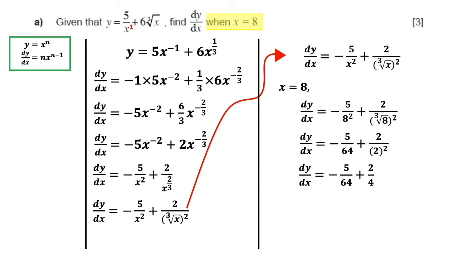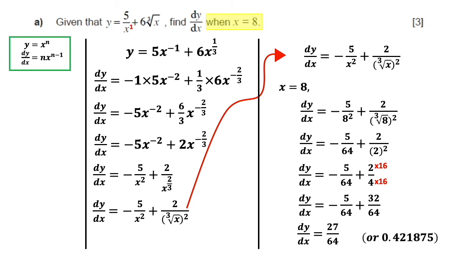So for this one, the denominators would need to be the same if I want to add fractions together. So if I multiply the top and bottom of the second fraction by 16, it would give me 64 as the denominator, which would match up with the first fraction. The differentiation, therefore, is 27 over 64. What we could do, of course, is type that in your calculator at any point, and you could just write the decimal equivalent, which would be